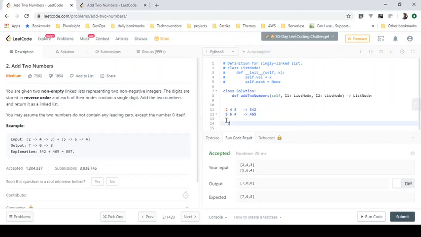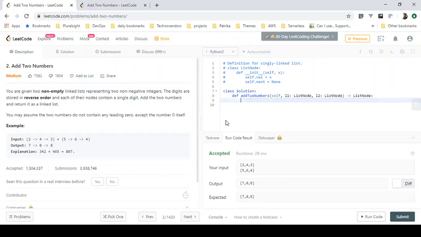Then if there is any carry, we'll take it to the second nodes and add the carry plus the second node of each linked list. We will do the same thing until we reach the end of either linked list. It may be possible that one number has 4 digits and another number has 3 digits, so in that case we can assume a 0, because 0342 is 342, as we know. So let's start writing code for this.